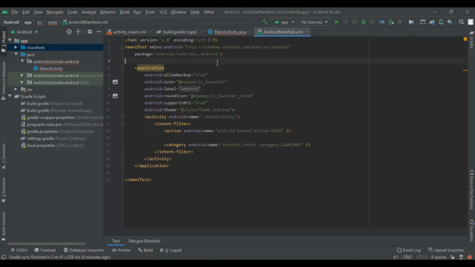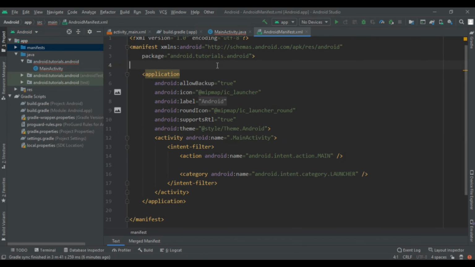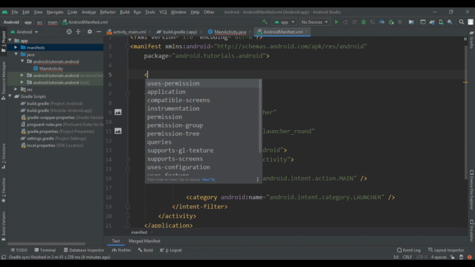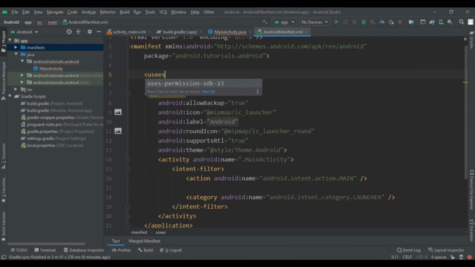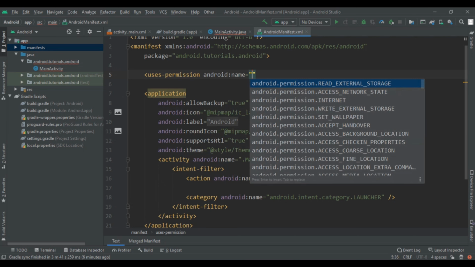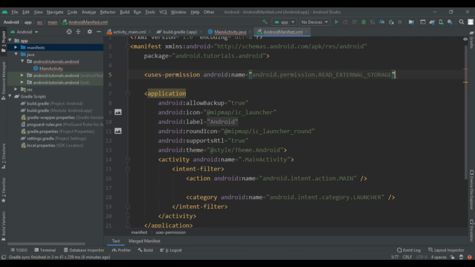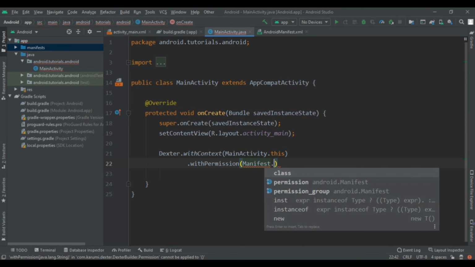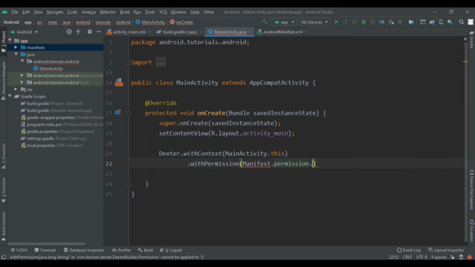Here I am going to write read external storage. So I am going to write the user's permission, and here we have to write the READ_EXTERNAL_STORAGE permission, then close that. Now again move to the MainActivity.java file, and here we have to write Manifest.permission.READ_EXTERNAL_STORAGE.